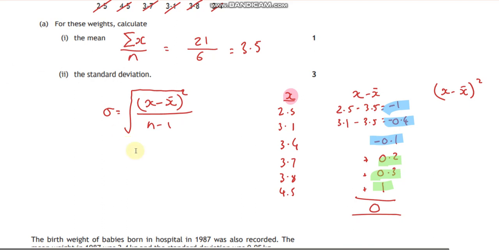And then you're doing this number squared. So negative 1 squared is just going to give me 1. And don't forget, when you square numbers, they're all going to come out as positive. 0.1 times 0.1 is going to come out as 0.01, 0.04, 0.09, and 1. So you could do that in your head if you wanted, but you can just double check